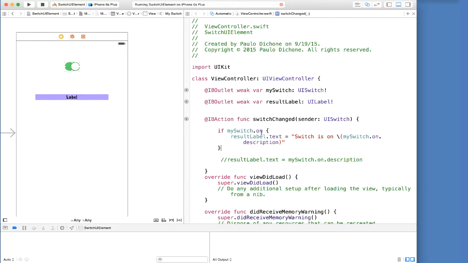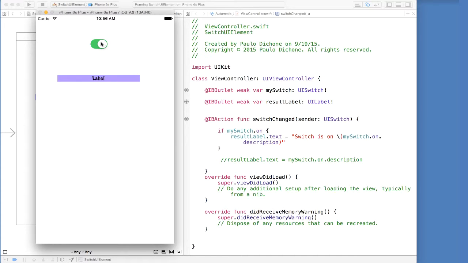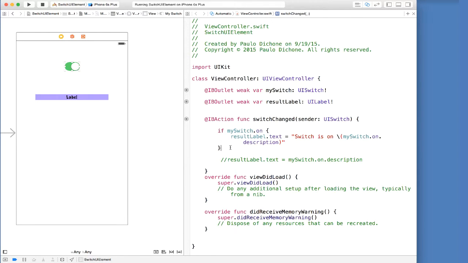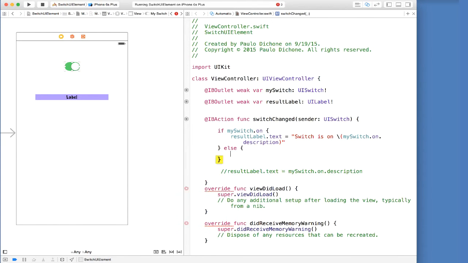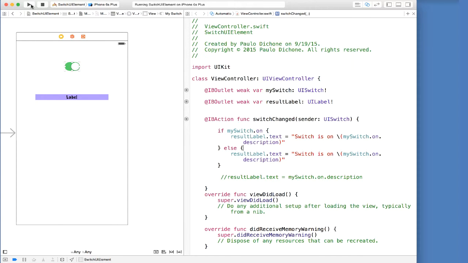So we're saying if switch is on, then our label here is going to say switch is on, and then we're appending the state. Okay, so let's go ahead and save this and run one more time. Okay, there it is. Let's try this. All right, switch is on, true. Perfect, that's good. Now let's expand this. We can also say else, which means if switch.on is not true, we want something else to happen. Let's go ahead and copy this and put it here. So let's save again and run.